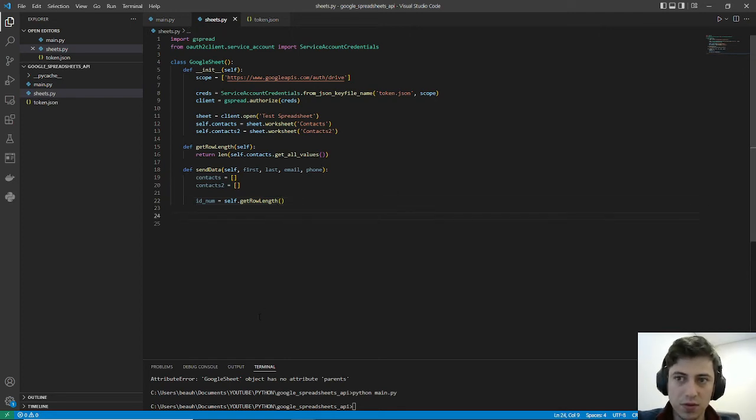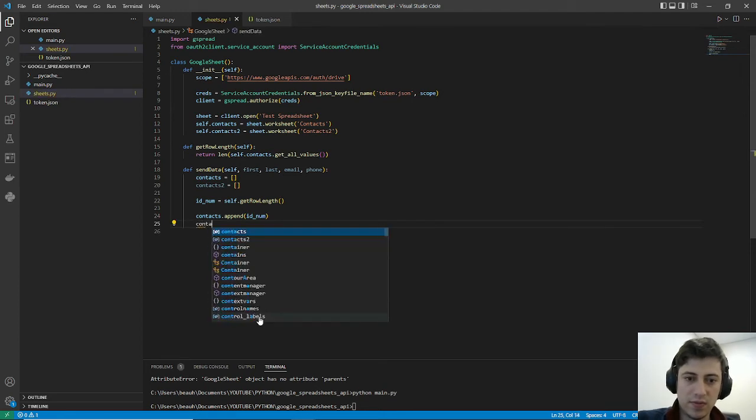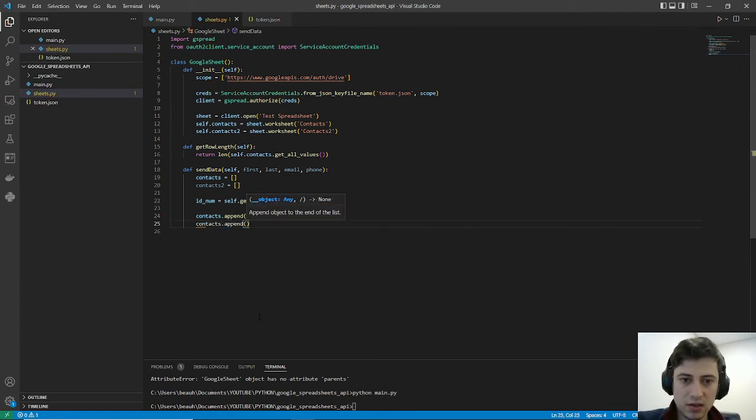Okay, cool. And now essentially what we want to do is build an array that we can just put into the spreadsheet. The way this works is the spreadsheet is made of rows and columns, and we can essentially just input a Python column or a Python row, which is just an array. So we'll just append that ID number on, and let's just append a bit more stuff onto this array, I guess. We'll do the first,